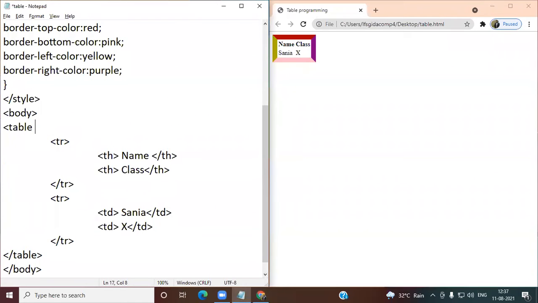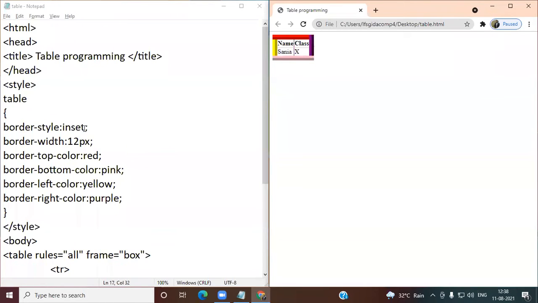And here you can write rules is equal to all and frame is equal to box. So the line will also come. So this is also one table. If you want, you can change it. You can make it here outset. So it will come like that. So these are the styles which you can use.